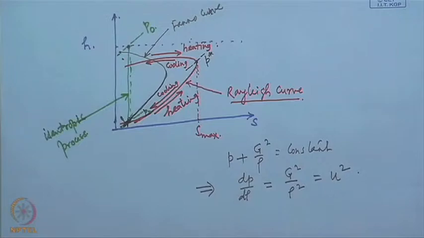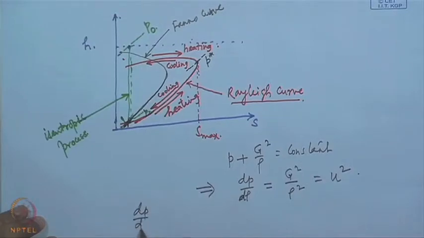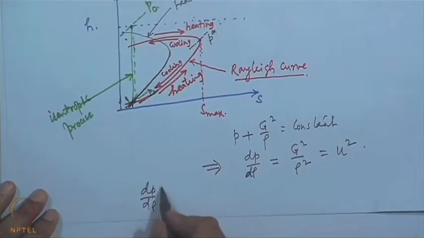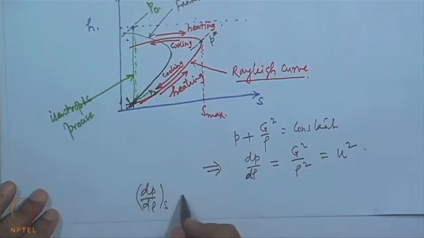Now, we know that dp d rho, if evaluated isentropically, represents speed of sound. So, dp d rho evaluated isentropically equal to a square,